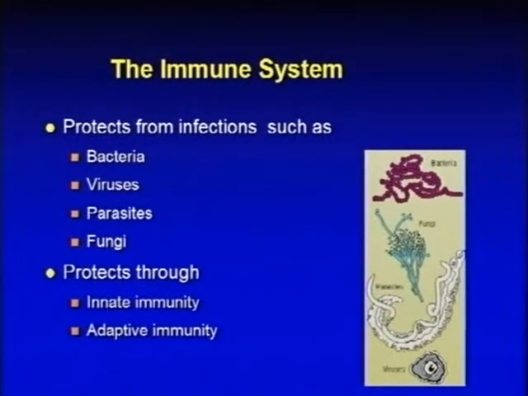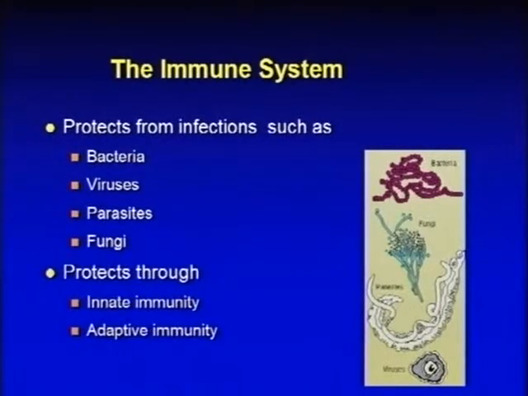So just a little bit more background about the immune system. Of course, our immune system is there to protect ourselves from infections, bacteria, viruses, parasites, fungi, and it protects through two arms. There's what's called innate immunity and adaptive immunity. Innate immunity is we're born with some cells that can just respond to infections immediately. They don't have to be trained or taught to do anything. They're scavenger cells, and they can naturally kill some of the invading organisms, and that's sort of your first